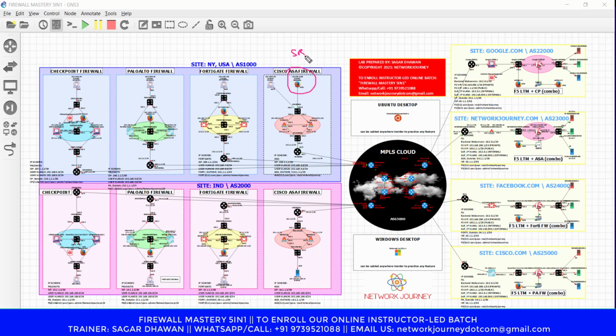Let's say I'm the source and I'm trying to access some URL which is loaded here on this F5 machine, 192.168.200.100. So you can see the same thing.